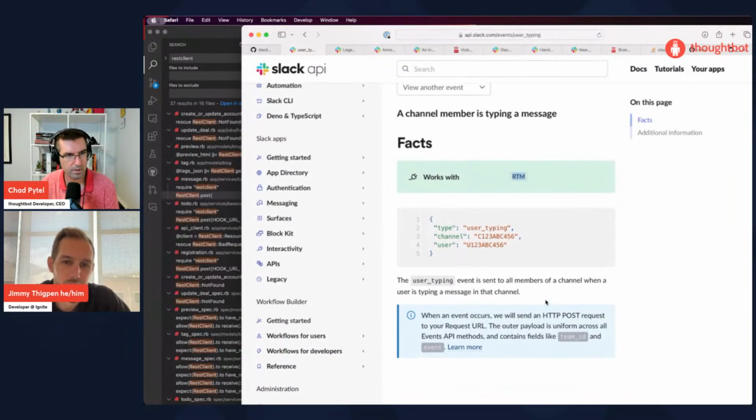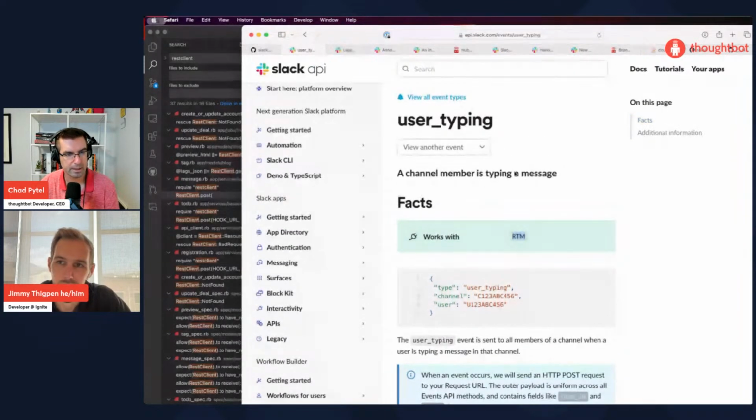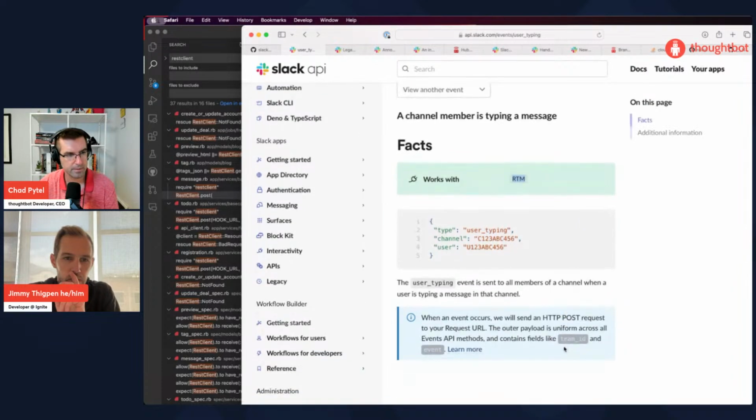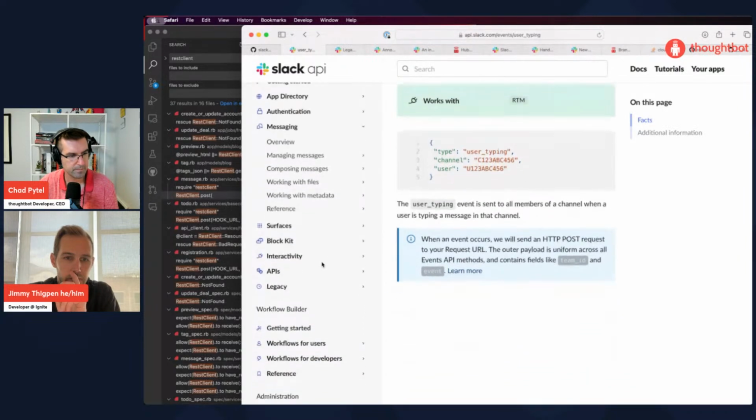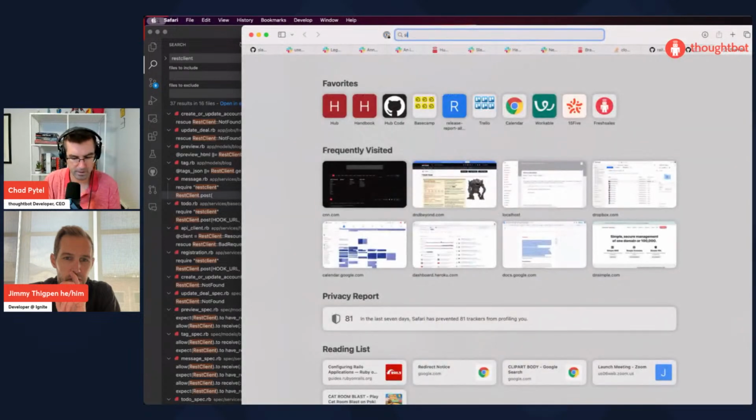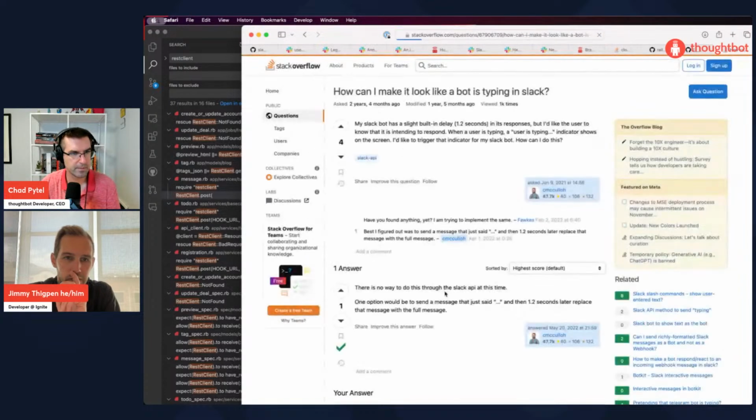Are we using real-time messaging? We're not currently doing that. So this is an event that you receive. So do you also send events? That's a good question. Okay, there's typing. Yeah, we need to Google. There's a way to show that the bot is typing, maybe. Okay, I see something on GitHub issues on my screen, but yeah, let's look.